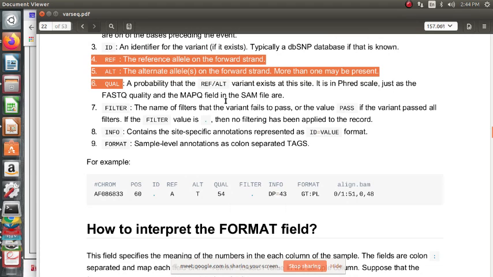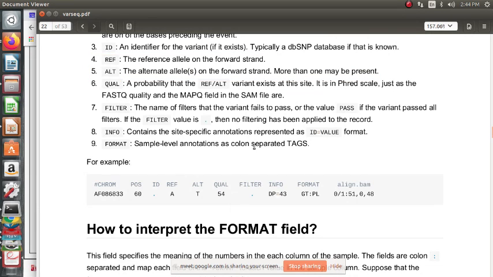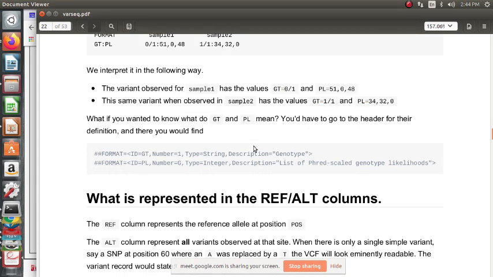It is in Phred scale, just like FASTQ quality and MAPQ quality in a SAM file. Phred scale is not restricted to FASTQ. Phred scaling is used when we want to represent very small numbers. Usually probabilities of error are very small, and we want to represent them as two-digit or single-digit numbers. That is the motivation behind Phred scaling.